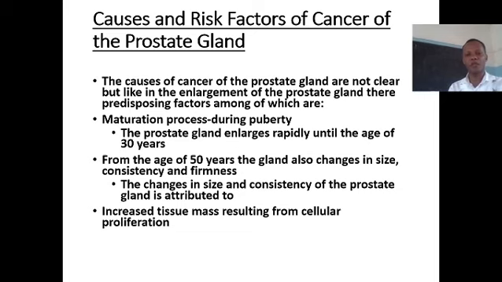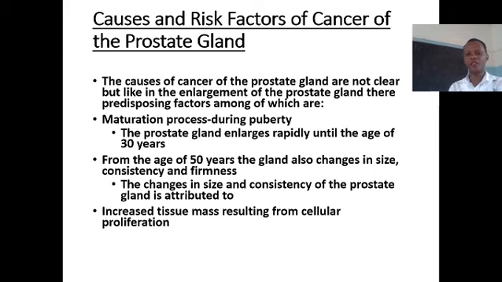there are predisposing factors, among which are: 1. Maturation process during puberty. The prostate gland enlarges rapidly until the age of 30 years. From the age of 50 years, the gland also changes in size, consistency, and firmness.